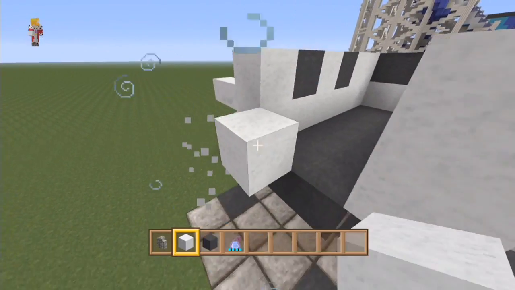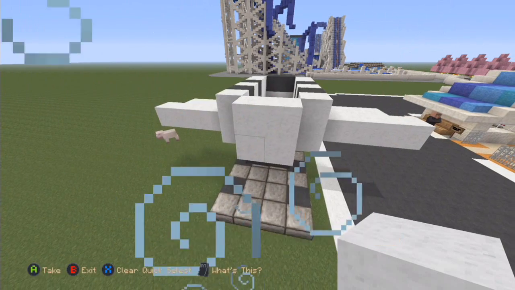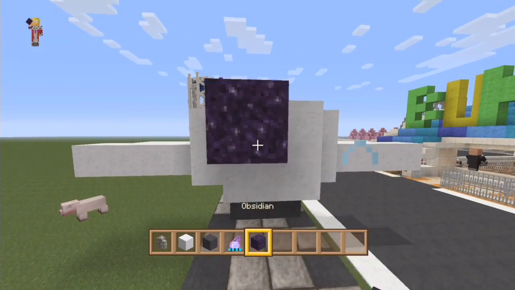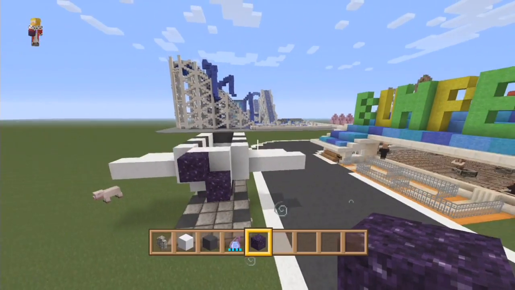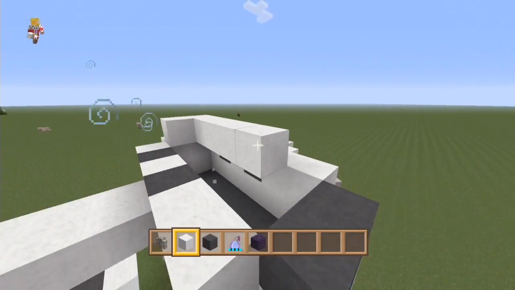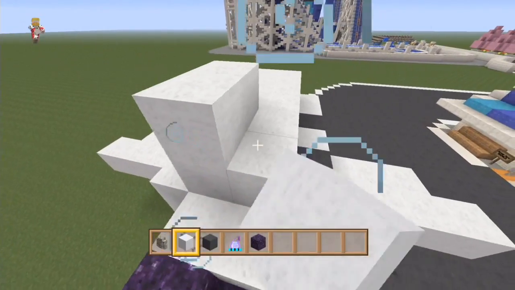And then the back of it, we're going to have some thrusters on the back somehow. How do we want to do the thrusters on the back? What about like that? I think that doesn't look too bad actually. Let's go with that for now. We can always change it later. And then because it's an odd number, it's going to be hard to do the top fin. So let's go with...